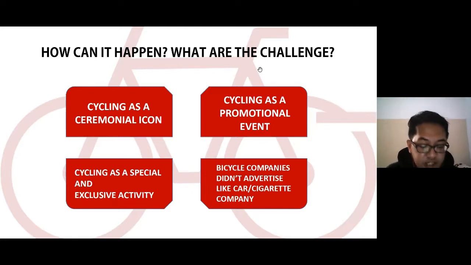Whenever an institution, mostly government, has an anniversary or an event, there's always a cycling event. Ironically, there's not a lot of parking space in their office. And then